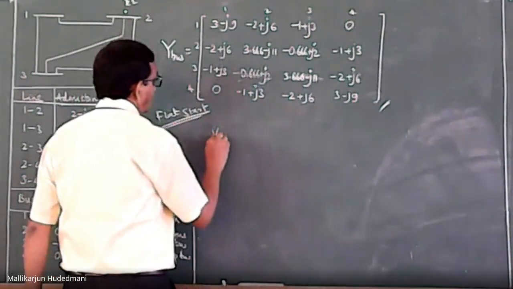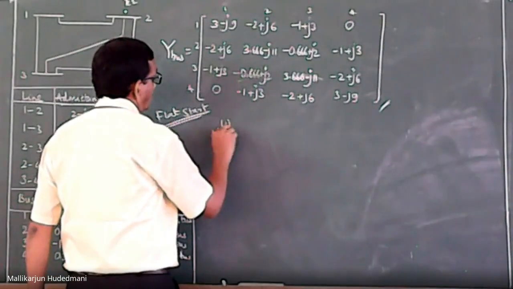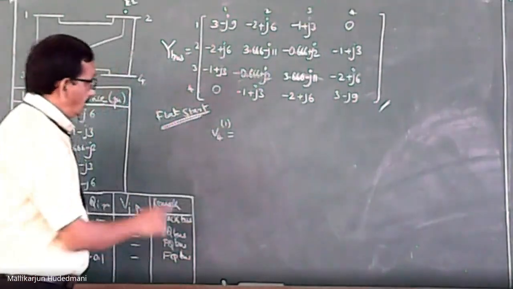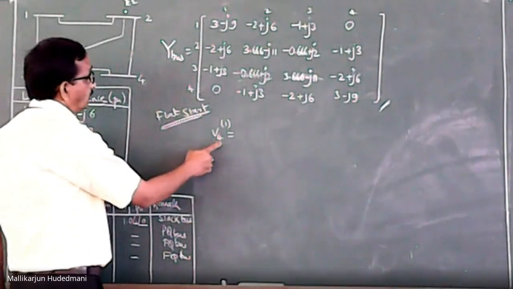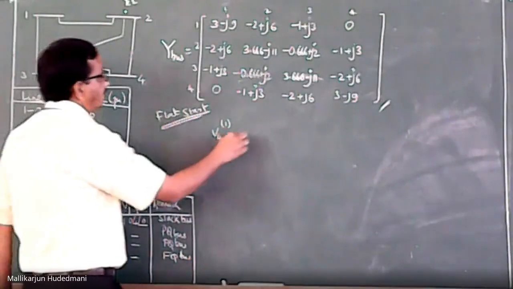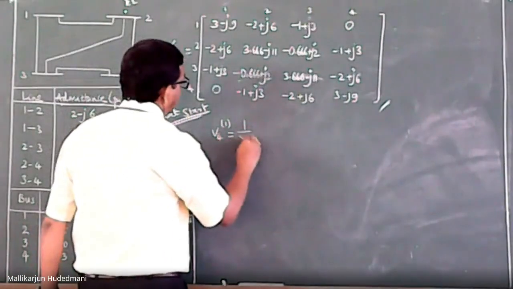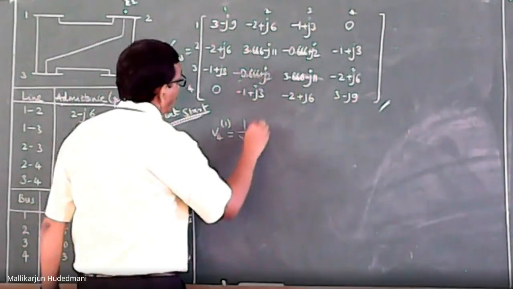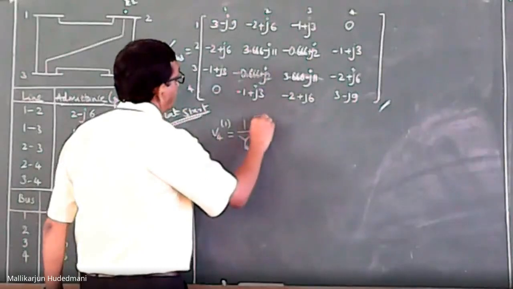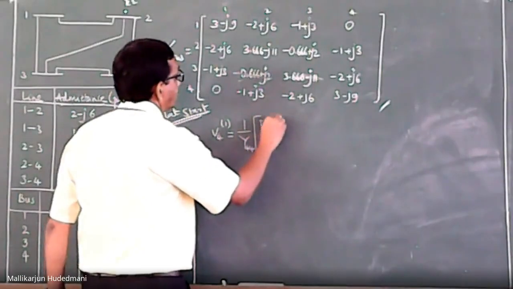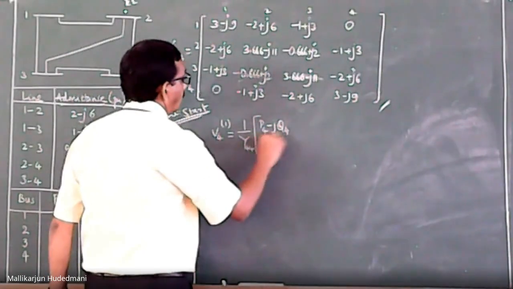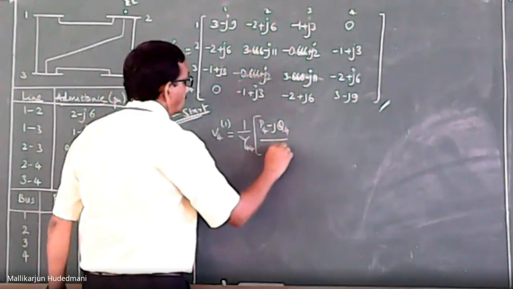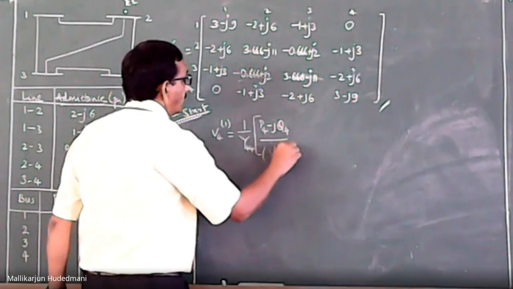Therefore, I write V4 of 1. What is V4 of 1? Solution of bus 4 voltage at the end of iteration 1, which is equal to, how do I write it cyclically? 1 by Y44 inside the bracket P4 minus J Q4 over V4 0 conjugate